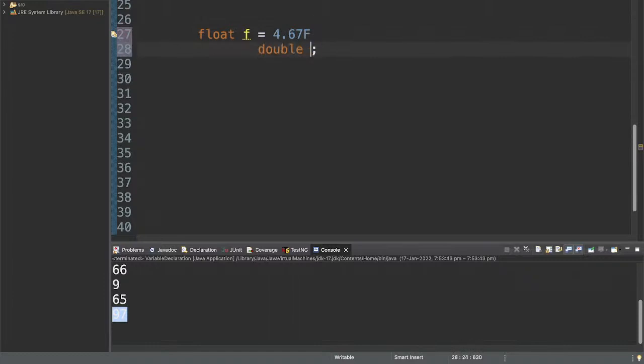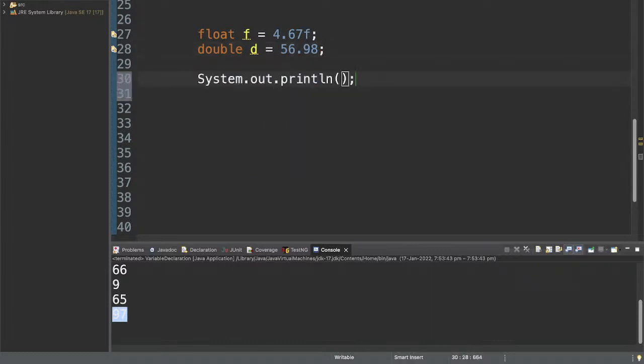For double, you can say double d is equals to 56.98. Now for double, there is no need of providing any tailing letters, but it's up to us. We can give tailing d or capital D, but it is not needed because decimal values are always interpreted as double only. So no need of tailing d, it's up to us, but no one uses that tailing d for double values. Now if I try to print this,